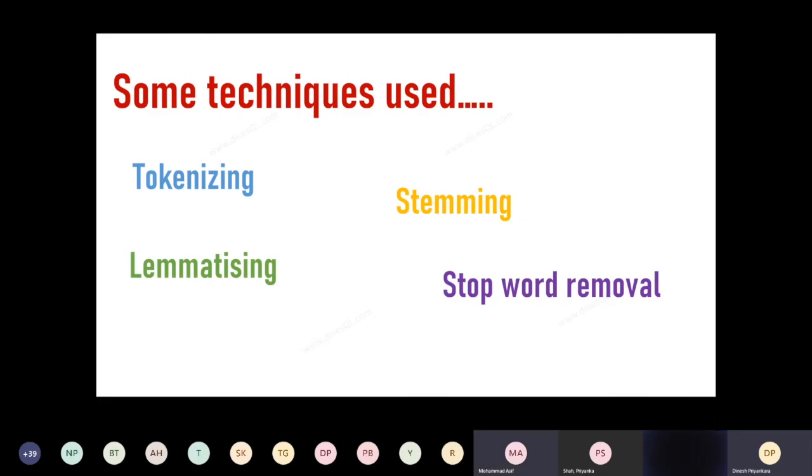Okay, so I was explaining the tokenizing part, and then in order to make sure that all words used with my text or the documents are using the root word, like for example, rather than using go in, go on, I need to make sure we use go. Things like that, we apply two techniques called stemming and lemmatizing. I have slides explaining these two, so I'll quickly take you through those two slides to understand the difference between stemming and lemmatizing. And we just noticed that some of the words have to be removed, like is and are. That's called stop word. So we have to remove those words. And if you have special characters, special letters, those have to be removed as well.